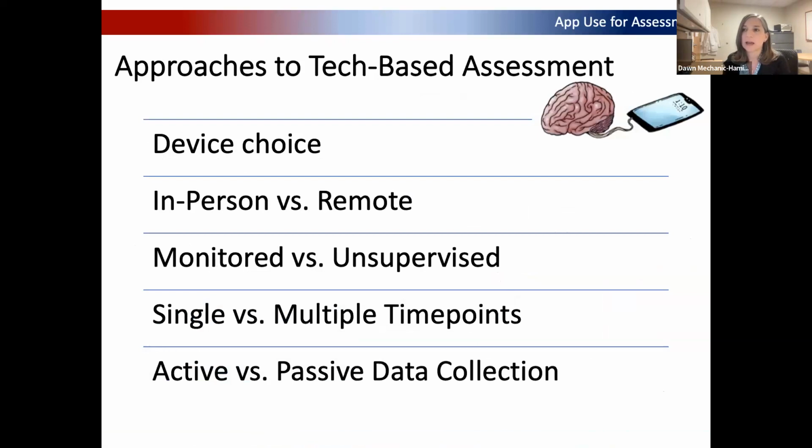Some of the questions that we were asking ourselves when we were thinking about creating a task is device choice. Are you going to be doing this on a device that you're giving the person, or are they bringing their own? Jason Hassenstab has done some really nice work looking at the differences across devices, and how you can see a lot of performance differences across devices, and making choices about that is really important because people don't want to have a second phone. But then there's a lot of variability if you have them use all of their phones. So the choice we made was to give people phones.